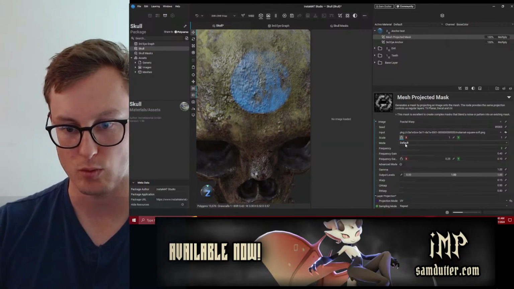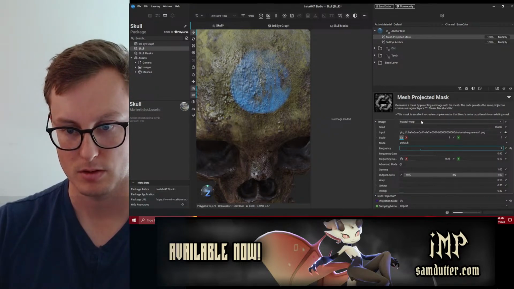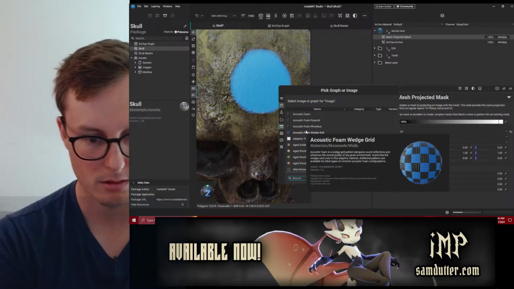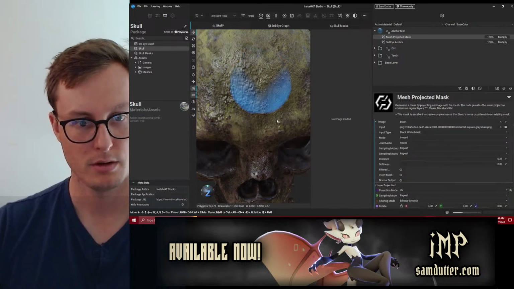Should be able to actually warp this. Or maybe better yet, a better example would be a bevel, if we can get that in there. So we use the bevel.